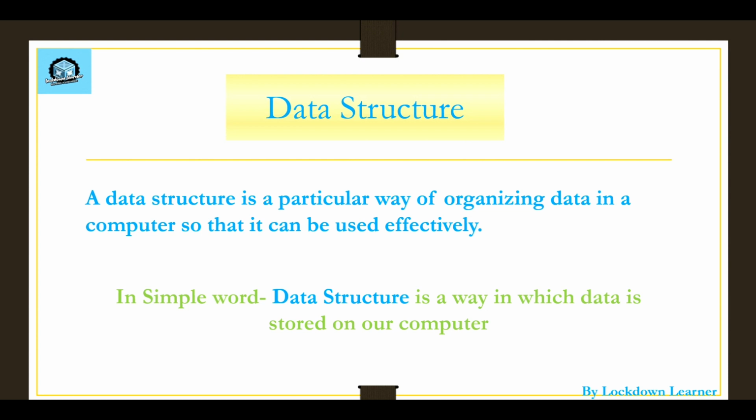Remember you have done arrays. If you have done arrays, you have searching in arrays also, where you have to search for an element. The same kind of searching is done there, and the data is organized. If you want to search name wise, you have to go A, B, C, D, E, and so on until S. Okay guys. In simple words, what can we say about a data structure? A data structure is a way in which data is stored on our computer. Yes, you can say this about a data structure.